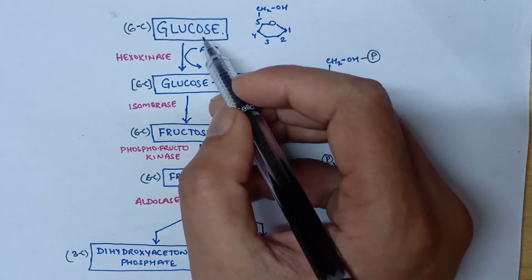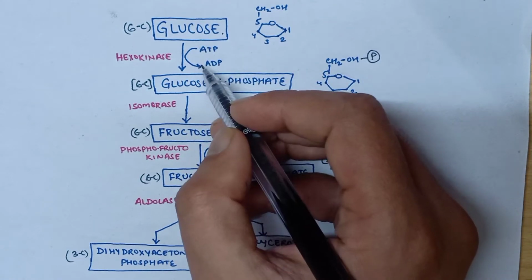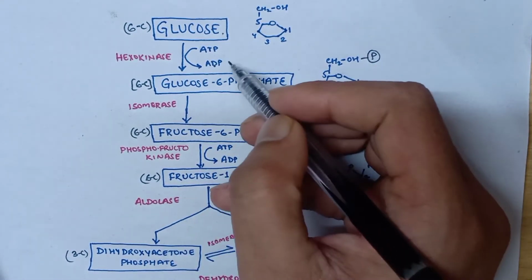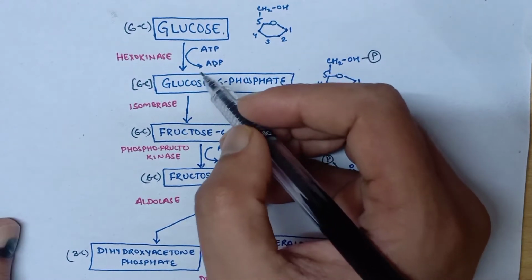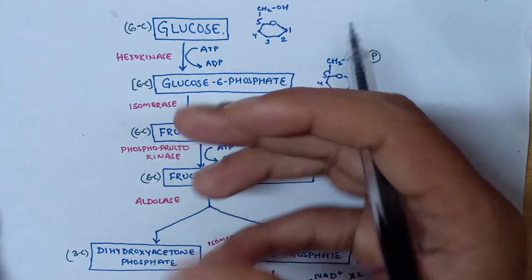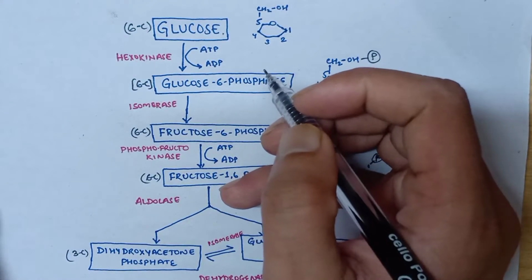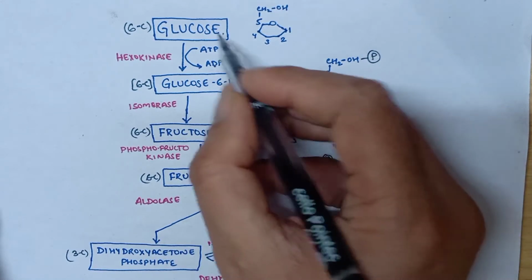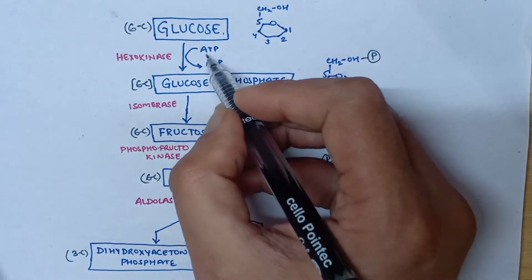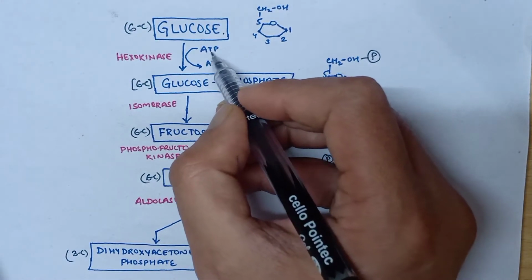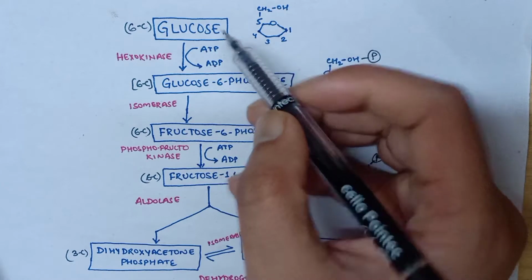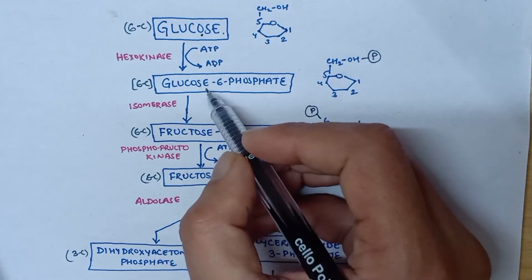In the first step we have phosphorylation, where there is addition of a phosphate group. So who will give the phosphate? Remember, whenever there is phosphorylation in a reaction, it occurs either by ATP or GTP. But in the majority of cases, it is ATP that gives the phosphate group. Here, ATP has 3 phosphates. So one phosphate will be given to the glucose,